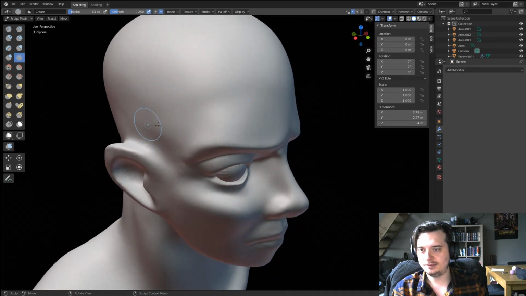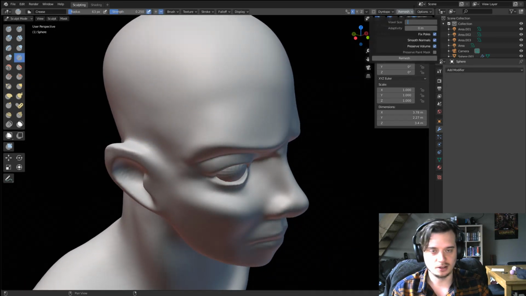So yeah, I'm going to go into more detail already. Kind of try out if I can stay rough with a high poly count, because then I'll just change my